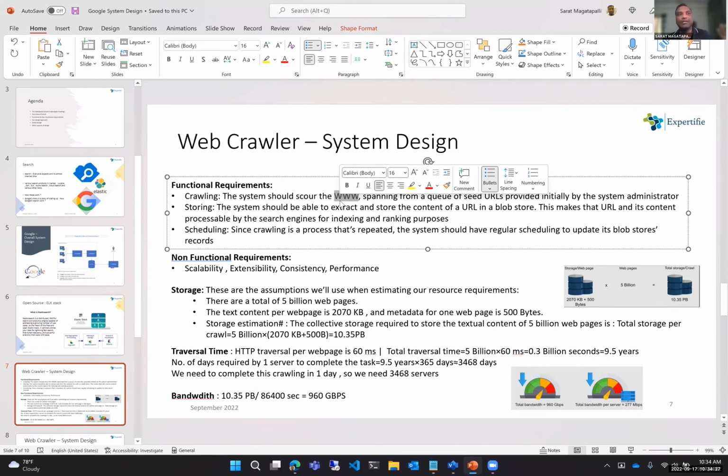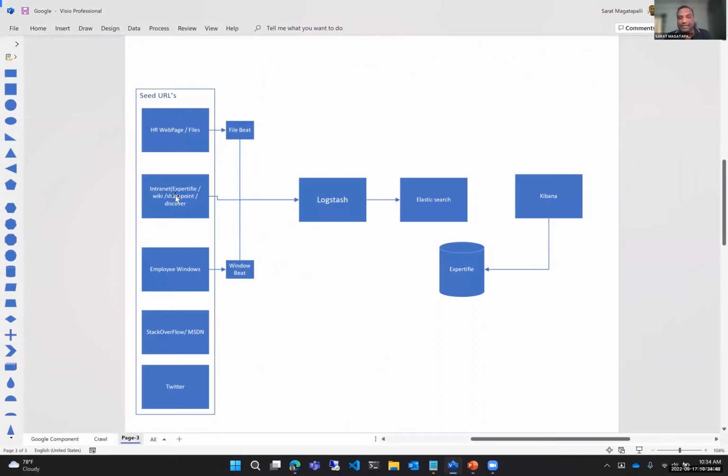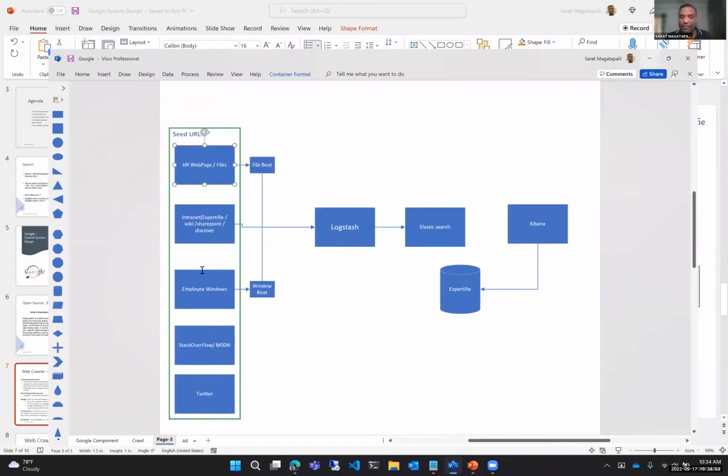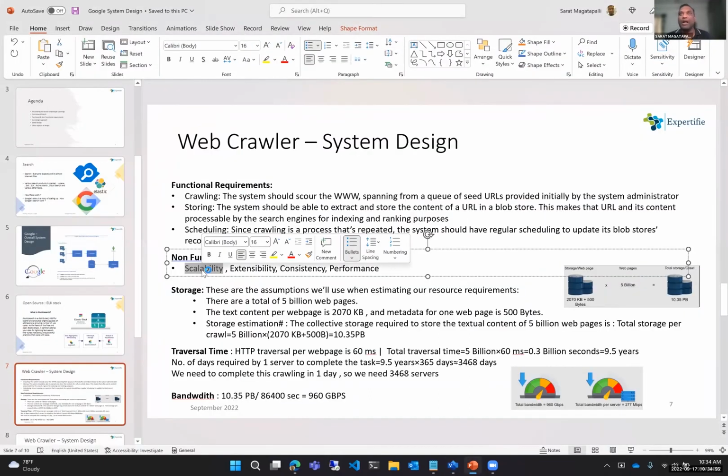Today, this is supporting crawling against all the internet pages, but tomorrow it might add capabilities like, let's say, some intranet, some other HTML, some HR web pages, right? So scalability is one of our important requirements which we have identified. Next is extensibility. So when I'm having a discussion with the product owners or the business guys, they mentioned that, hey,